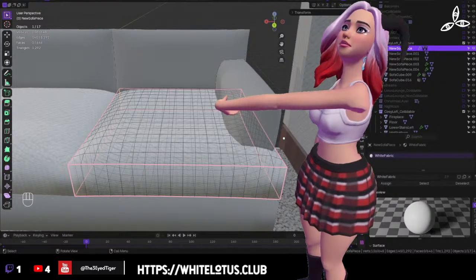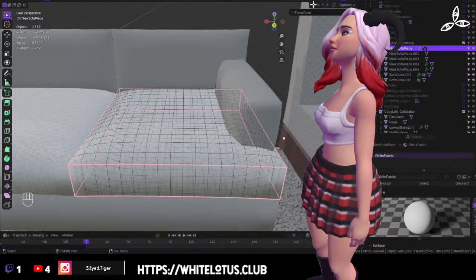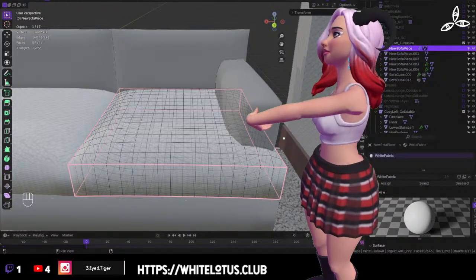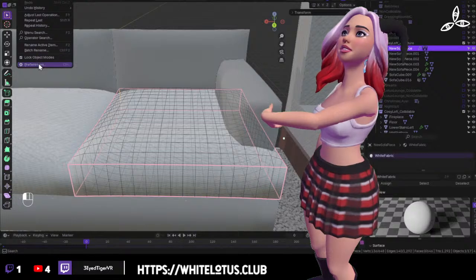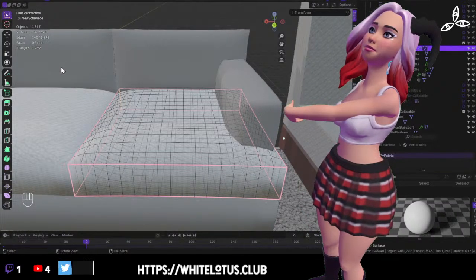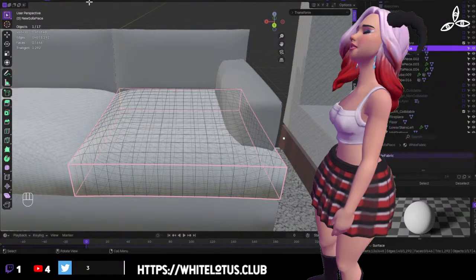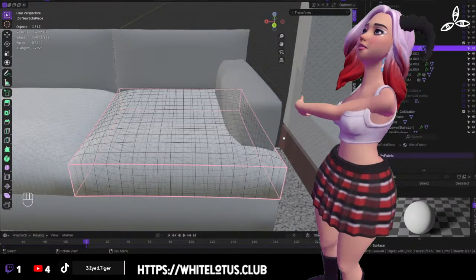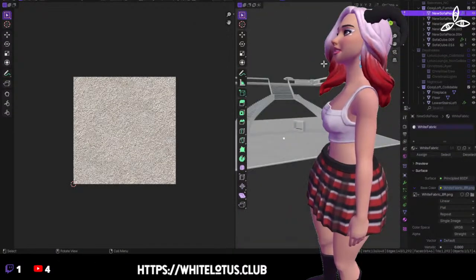Right, map pack. I do have a tool for doing this, actually. Let's use that tool. Let's have a look. If I go into Edit and Preferences and the add-ons, I did buy something. It's called UV Pack Master. That's the one. So if I go into UV editing,